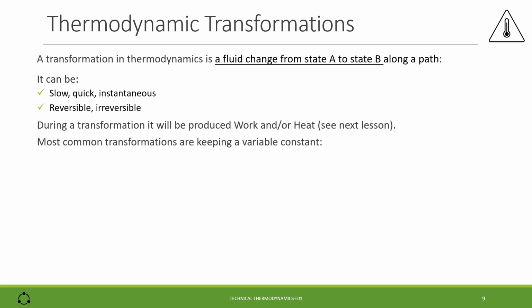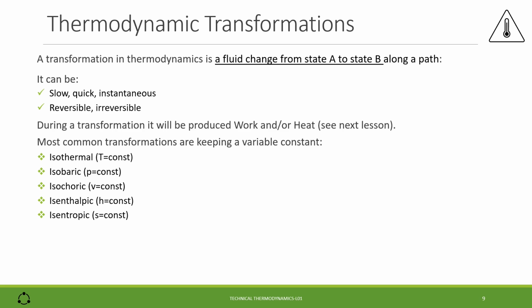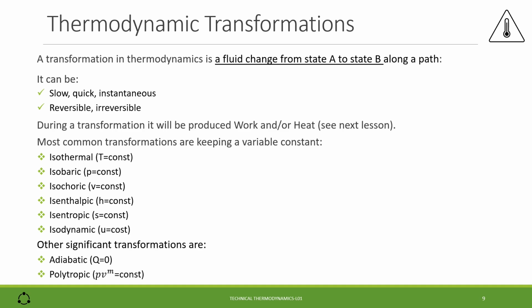Most common transformations are keeping a variable constant. Isothermal, temperature is constant. Isobaric, pressure is constant. Isochoric, volume is constant. Isenthalpic, enthalpy or specific enthalpy is constant. Isentropic, entropy is constant. Isodynamic, internal energy is constant. There are also other significant transformations when a variable is not kept constant. For instance, the adiabatic, where the heat transfer is 0, and the polytropic, when pressure and specific volume are linked by